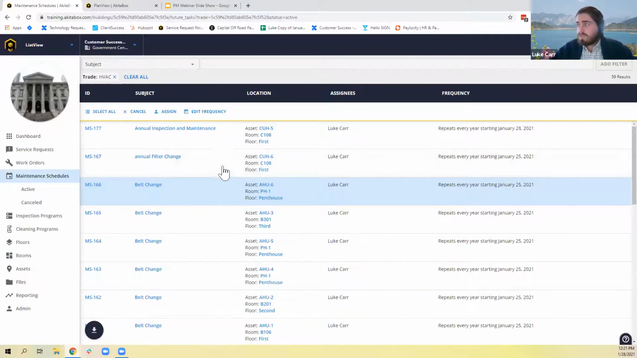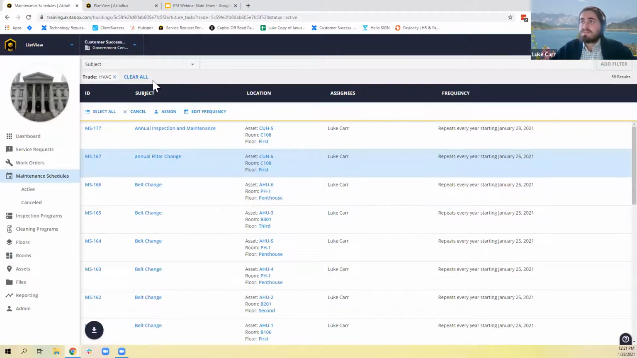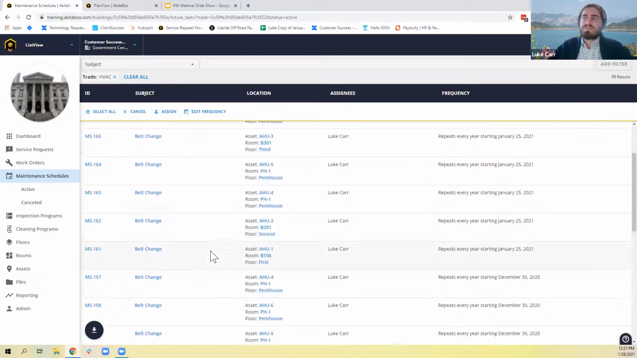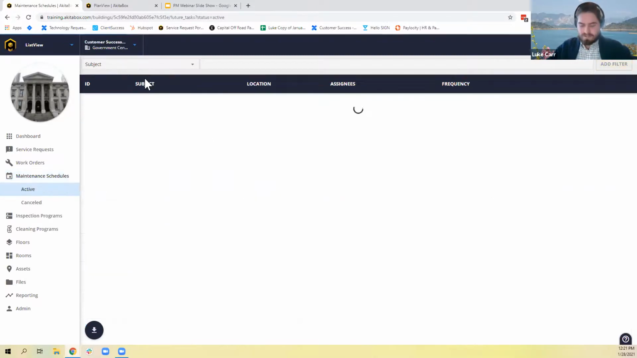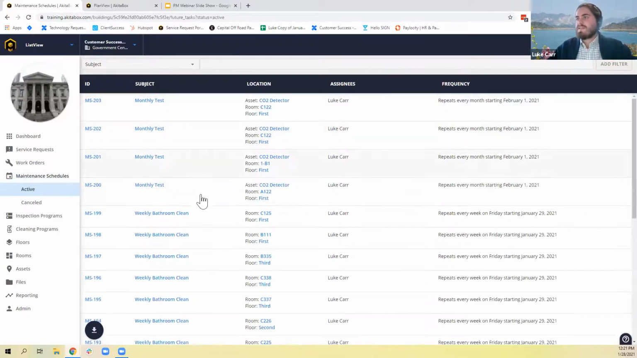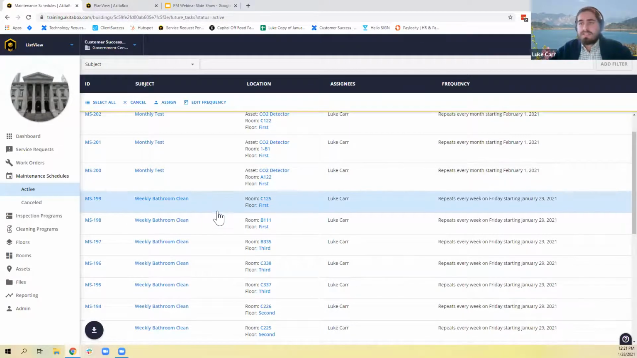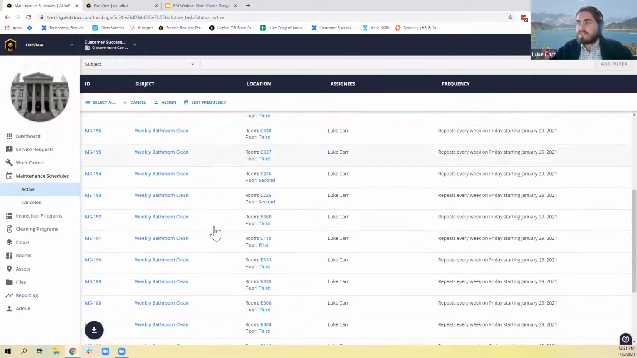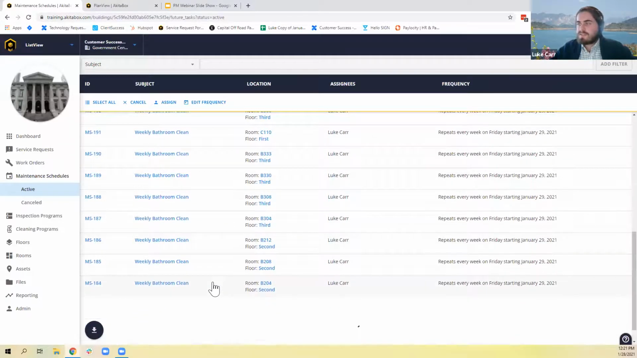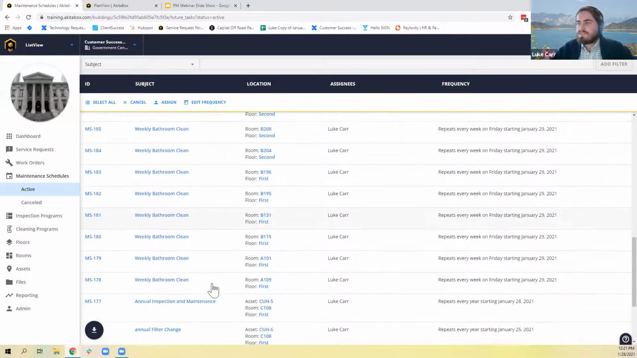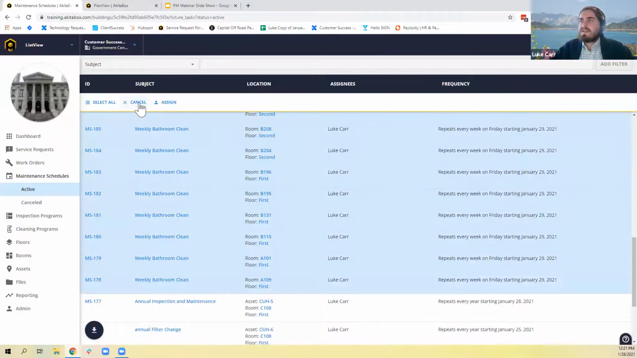One other tool that you can use in bulk is canceling. So let's say that I don't want to do any more of a certain PM. I'm going to clear my filter here and find one that might make sense. So maybe these bathroom cleans, I decided we don't want to have a PM for that actually. You can really easily cancel these things in bulk. Select the things that you want. So I'm going to hold Shift and select all of these weekly bathroom cleans. Click Cancel